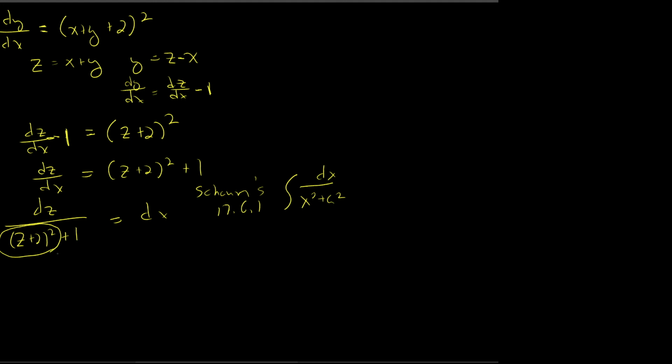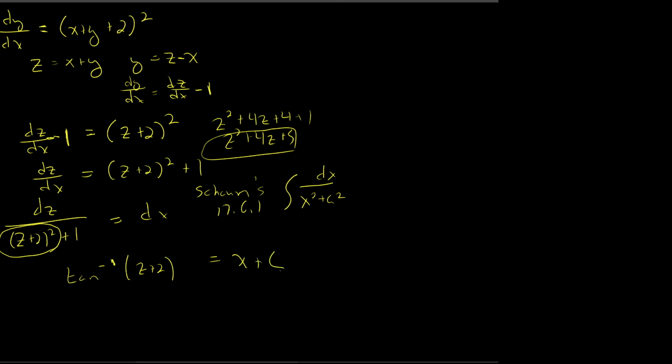I always have problems with this. Probably that's why I recognize it really. Try to recognize it as soon as possible. Because when I have something squared, my instinct is to expand: z squared plus 4z plus 4 plus 1. That would be z squared plus 4z plus 5. And then I'd fight with that, trying to figure out what to solve it for. And the thing to look at is that these are squares, and these follow this classic form, which is tangent inverse of z plus 2